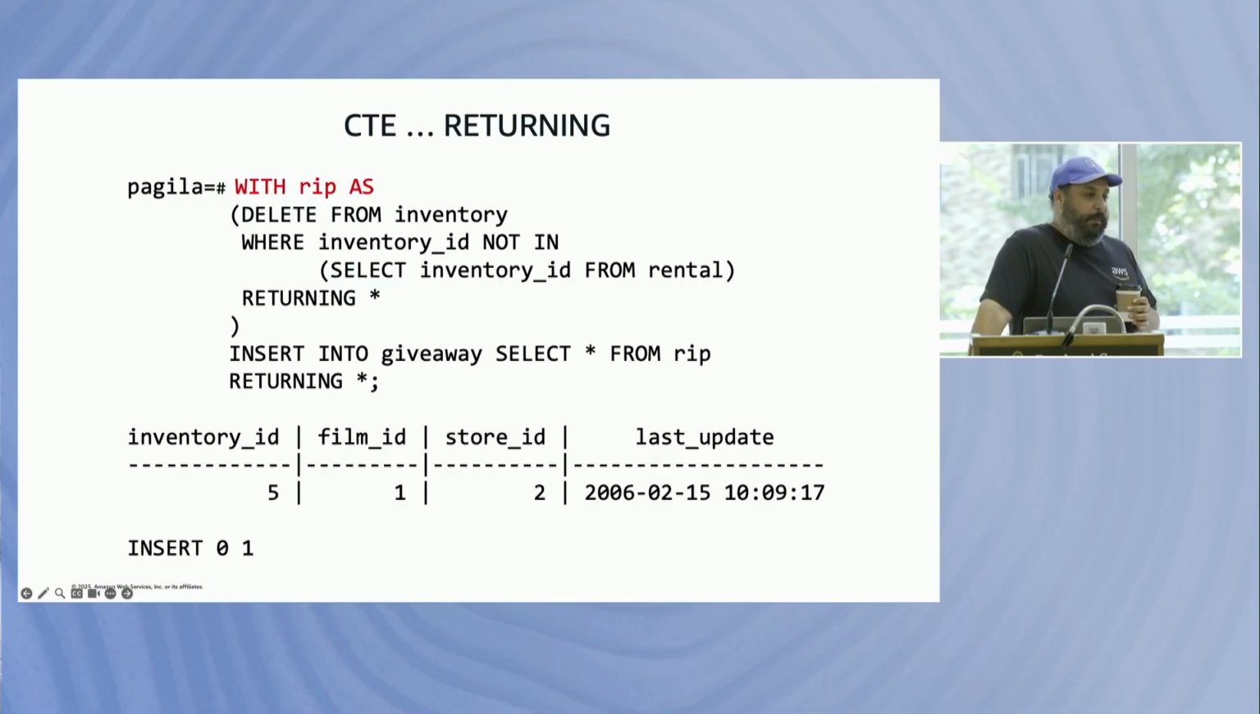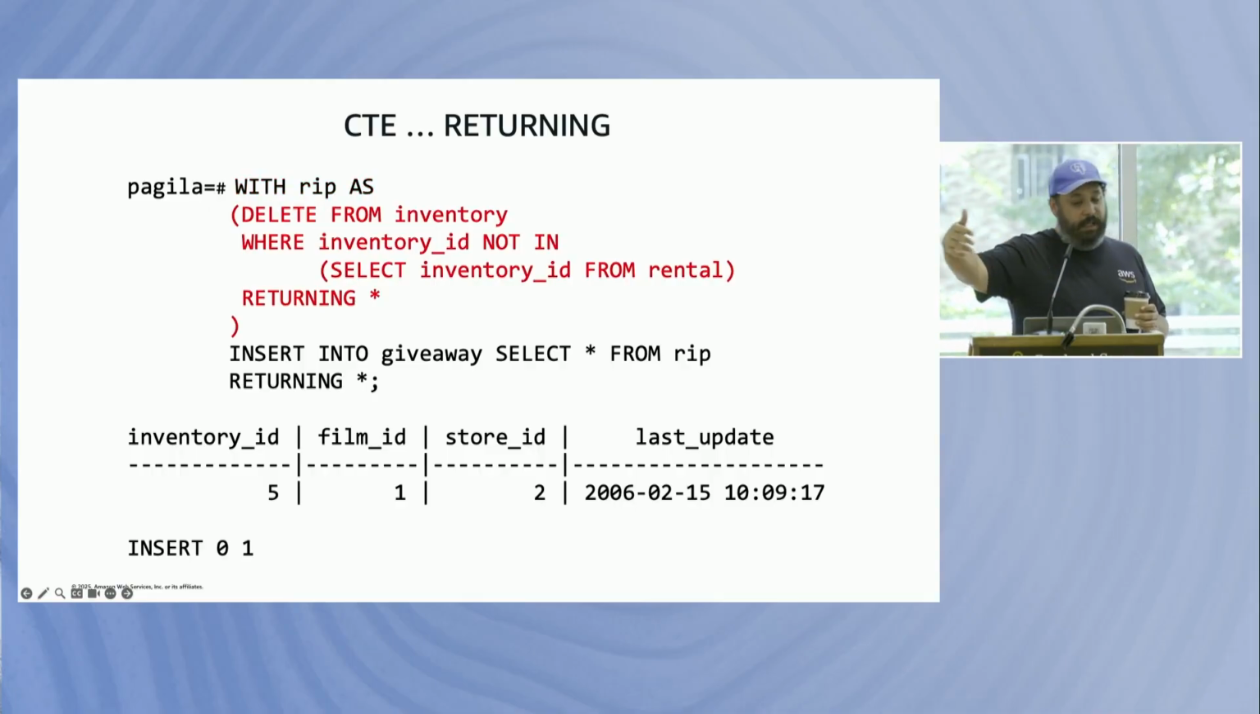So I'm going to name a CTE and I'm going to call it RIP, because this is going to be movies that have never been rented. And I just want to give those movies away, right? Nobody's going to pay me money. I might as well give it away. It's like open source. So with RIP as, and then I put my query in, delete from the inventory table